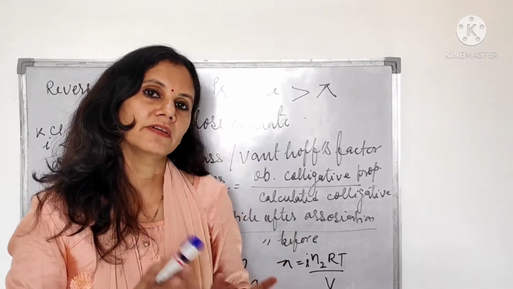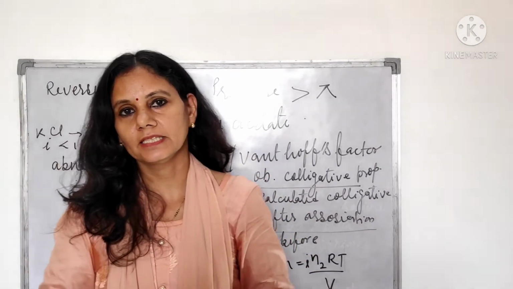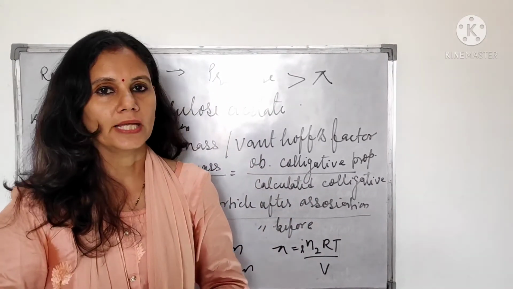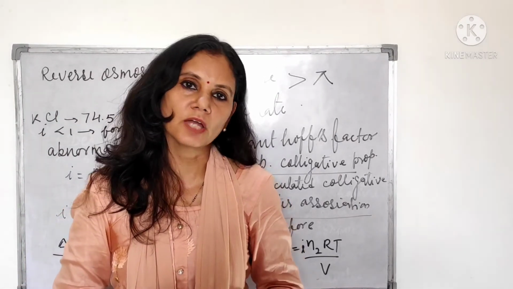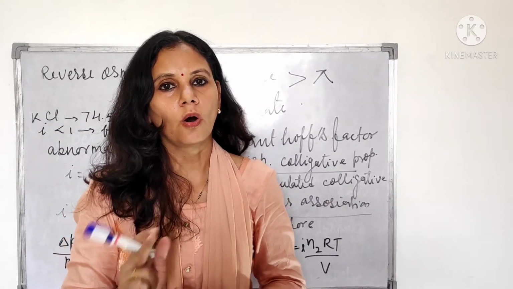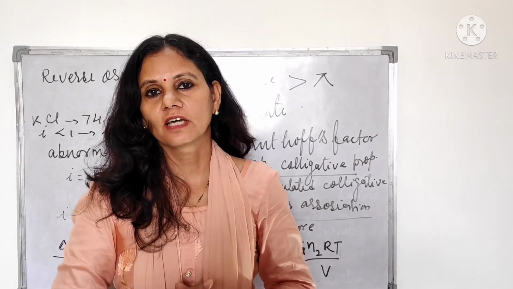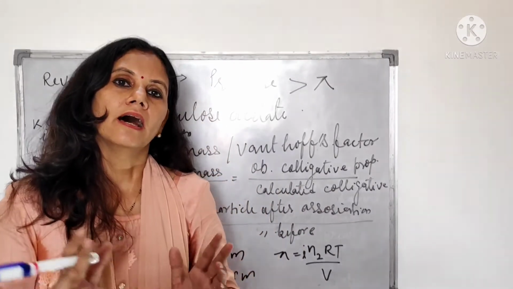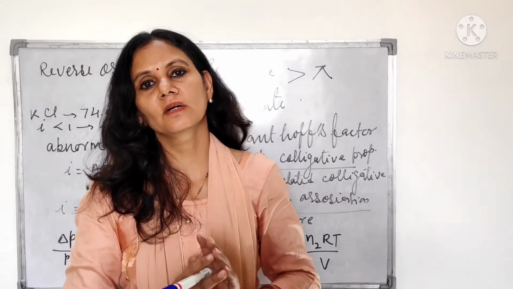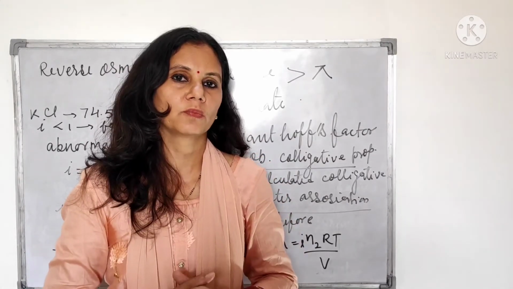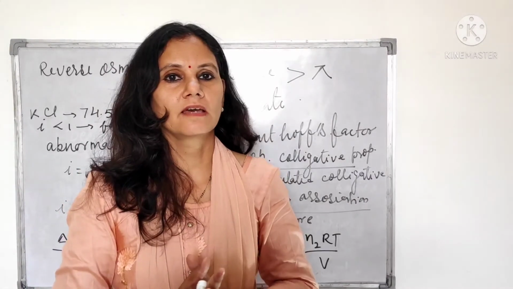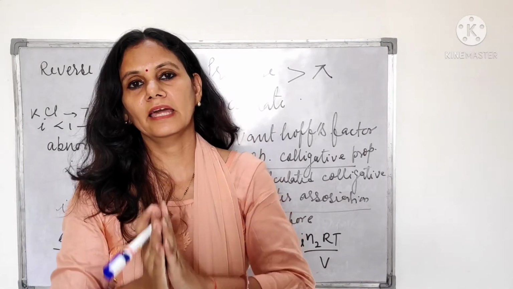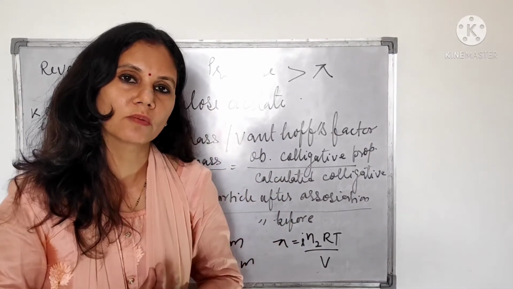And some molecules undergo association, such as acetic acid. Acetic acid is CH3COOH and it has intermolecular hydrogen bonding. So acetic acid is always present in the dimer form, means two molecules are always attached to each other by intermolecular hydrogen bonding. So if we take its molecular mass, always two molecules are showing the molecular mass. So this is also abnormal molar mass. One molecule of acetic acid has a molar mass of 60, but the observed value will be 120. So it is called abnormal molar mass.